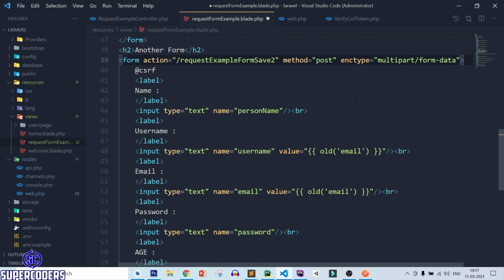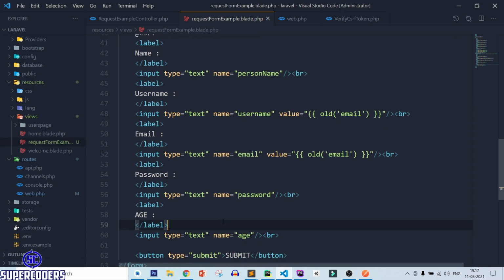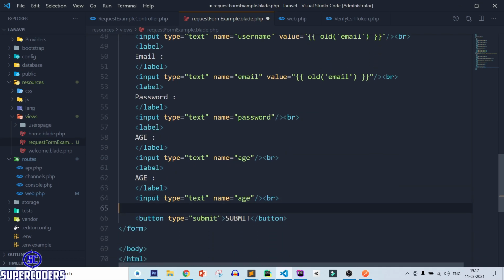After that, let's add a file here, which is profile. Here the input type is file and the name is profile.